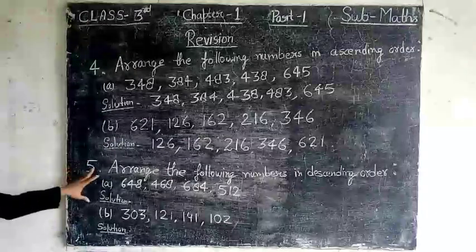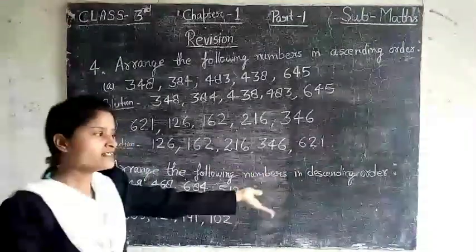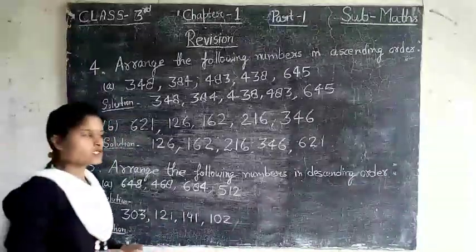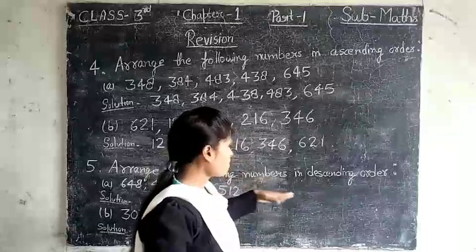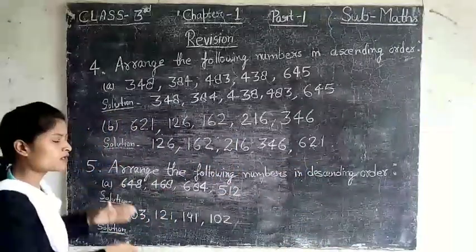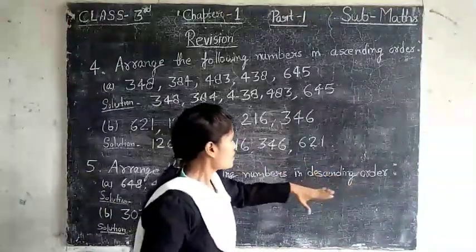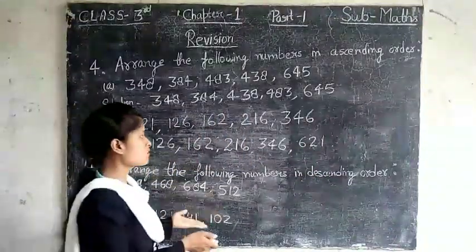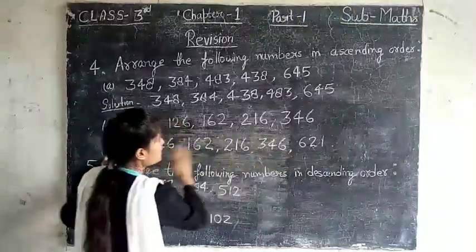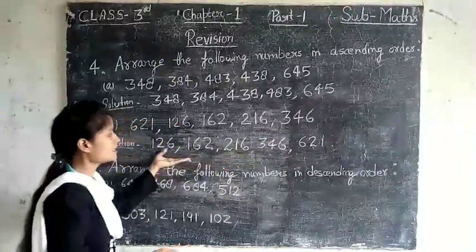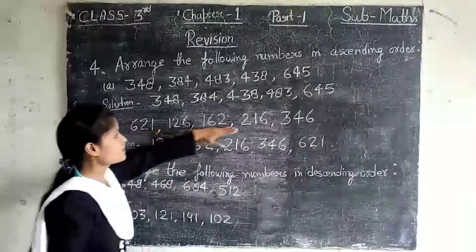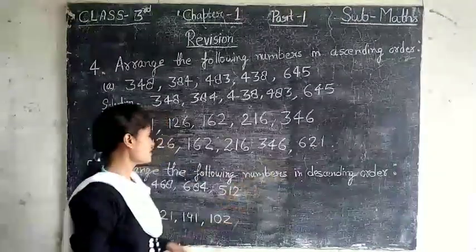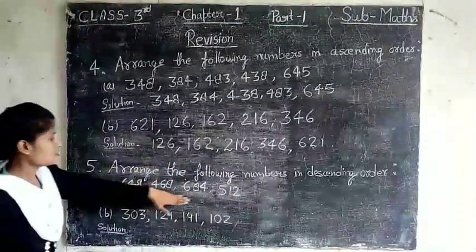Now we go for the next question, that is descending order, that is घटते हुए क्रम में व्यवस्थित करना. किसी भी संख्याओं को, अगर हम बड़े से छोटे क्रम में लिखते चलें तो हमारा होगा डिसेंडिंग ऑर्डर, दैट इज घटते हुए क्रम में लिखना. सो हमें सबसे पहले बड़ी संख्याओं को लिखना होगा, यानी इसका उल्टा. अगर इसको रिवर्स डायरेक्शन में लिखें तो बन जाएगा डिसेंडिंग ऑर्डर. Now the next question is arrange the following numbers in descending order. First part is this question.